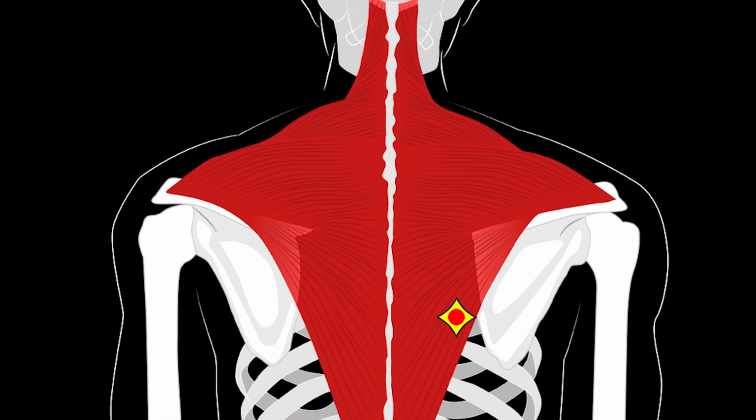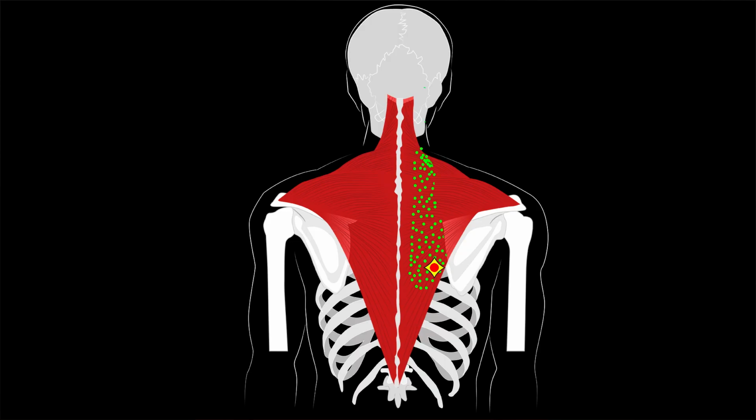The third trigger point is located in the area of the lower edge of the trapezius muscle. Sometimes it resembles a button or a tight knot. The pain from it is quite strong and radiates upwards to the neck, reaching the mastoid process, temporal bone, and the acromion of the scapula. It also provokes deep pain in the suprascapular area.